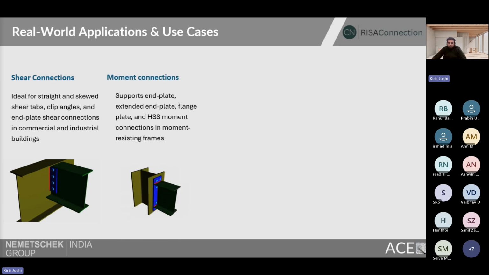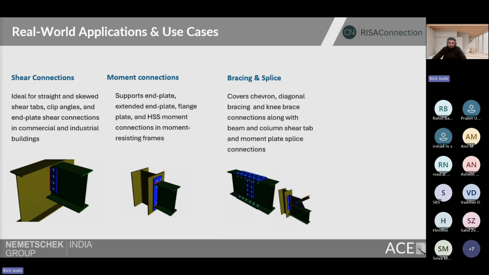Next are the moment connections. RISA Connection supports the end plate or extended end plate, the flange plate, or HSS moment connections, or the direct weld. These are commonly useful, as we all know, in moment resisting frames, or specifically in seismic regions. The software also supports bracing connections, including diagonal bracing, chevron,